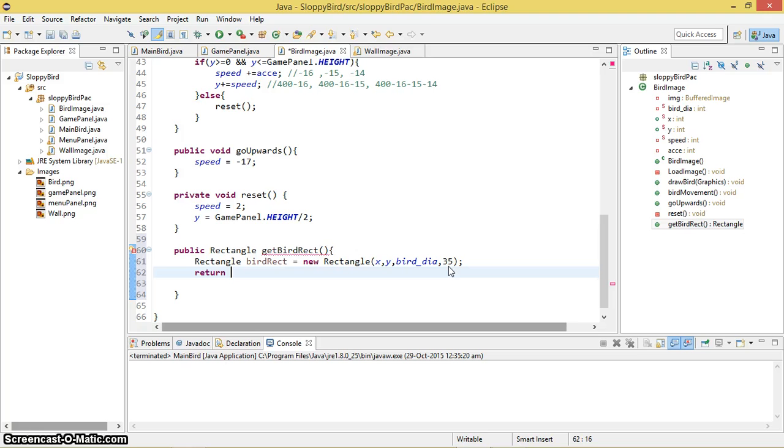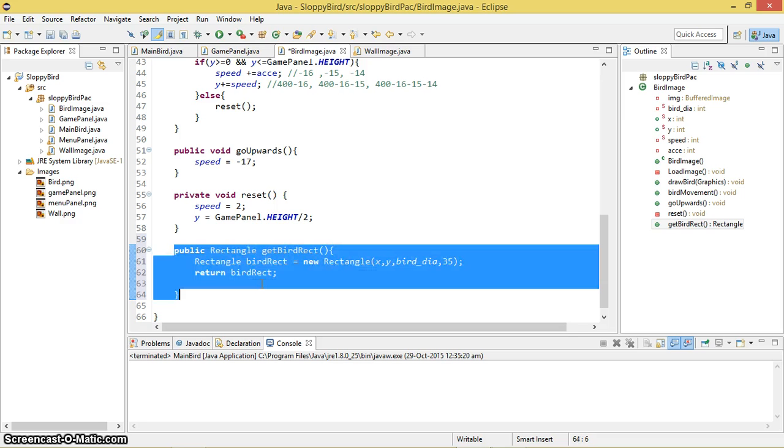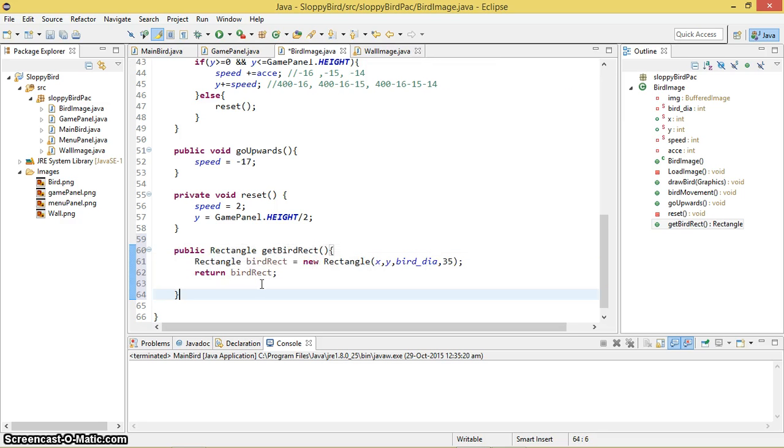Return bird rect. There we go. So guys, now we can retrieve the area of the bird. So let's go ahead and